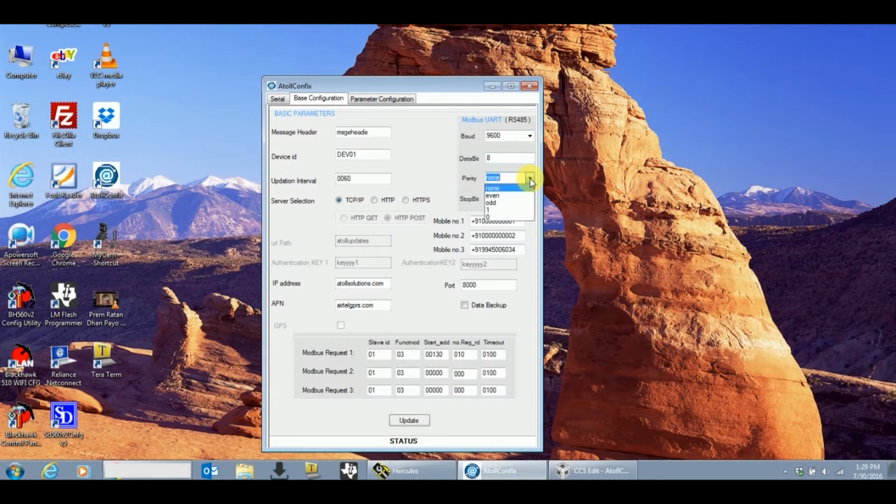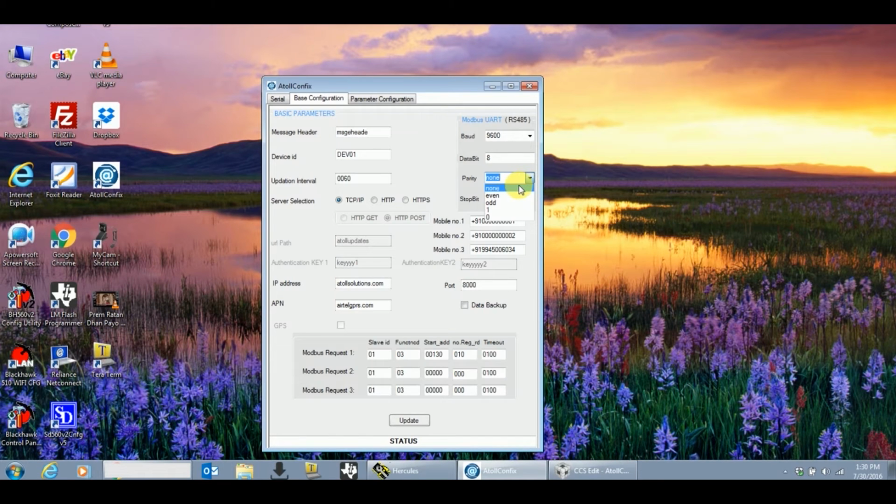For this Modbus device, the parity is none, so let's select none, and the stop bit is set to 1. So now we have configured the Modbus device with baud rate 9600, data bit 8, parity none, and stop bit 1.